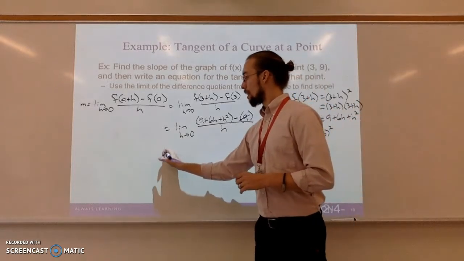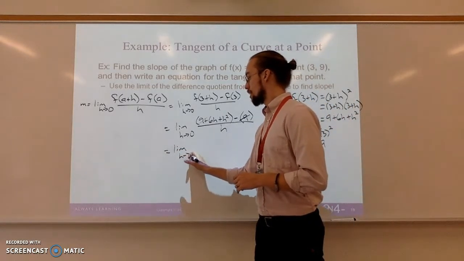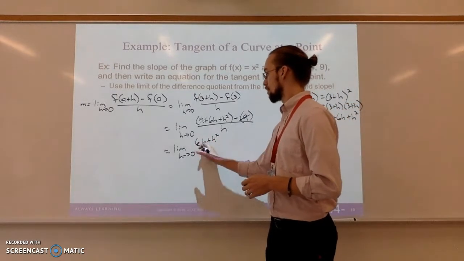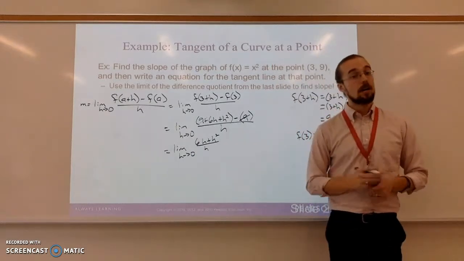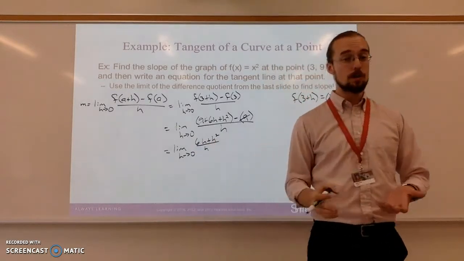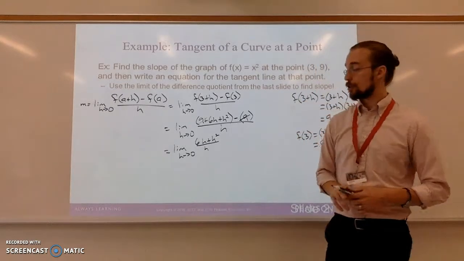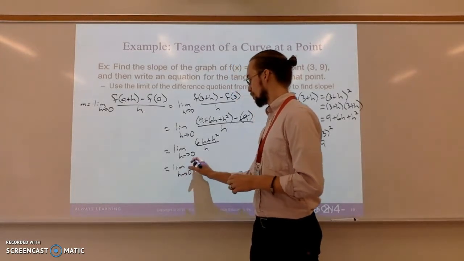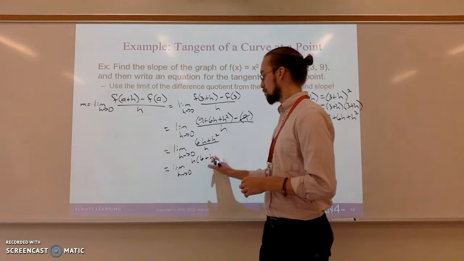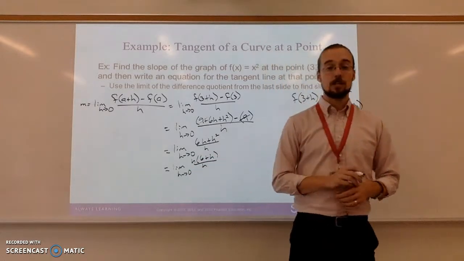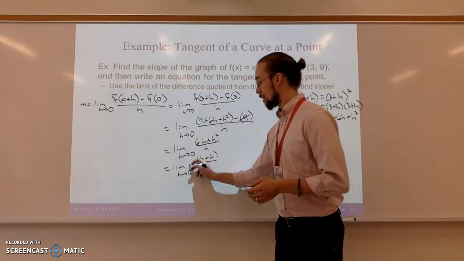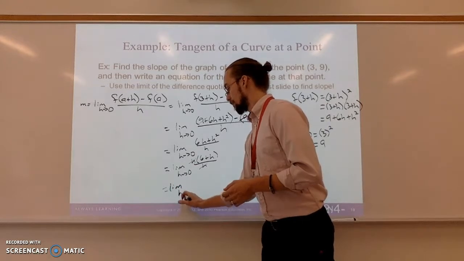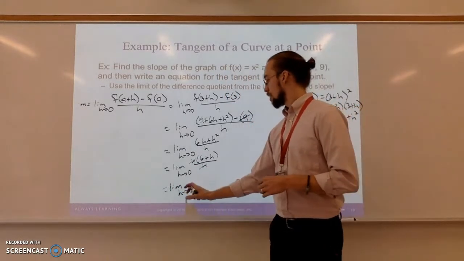So now what I have is the limit as h approaches 0 of 6h plus h squared over h. Now, in the top, you should notice that I can factor an h out of every term. So I can make this the limit as h approaches 0 of h times 6 plus h all over h. Now, I can cancel out these h's, and I'm just left with the limit as h approaches 0 of